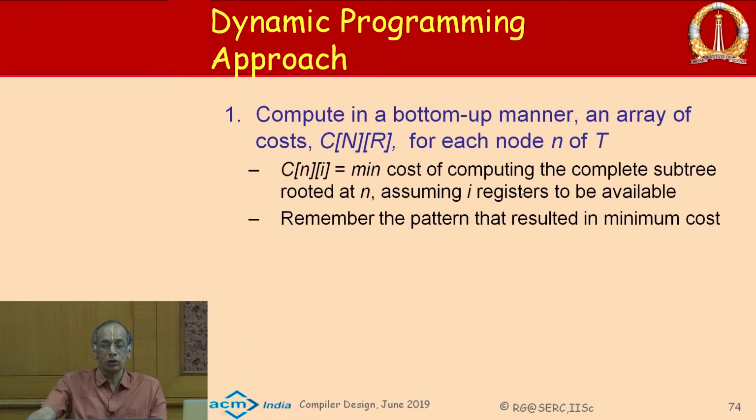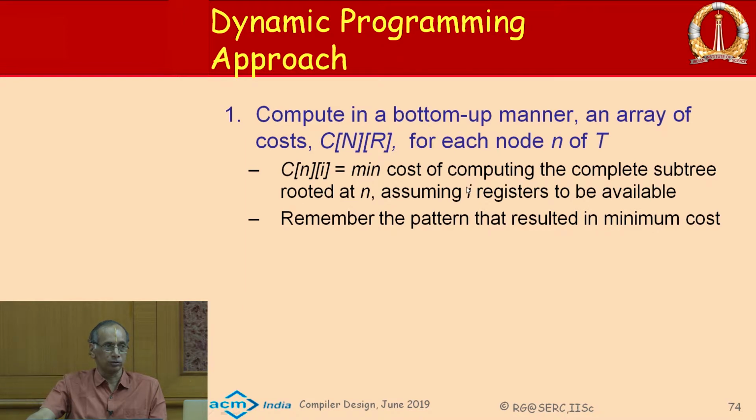So, essentially you are going to compute the cost in a bottom up manner, right, starting from the leaf nodes. Let us assume that this is an array of size r plus 1, it should have been r plus 1, because there is also 0 for each node where you have r registers. And Cn of I is the minimum cost of computing the complete subtree which is rooted at node n,